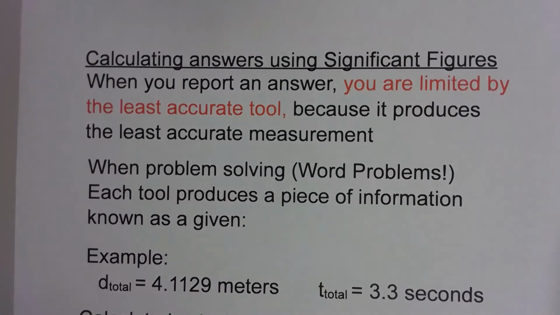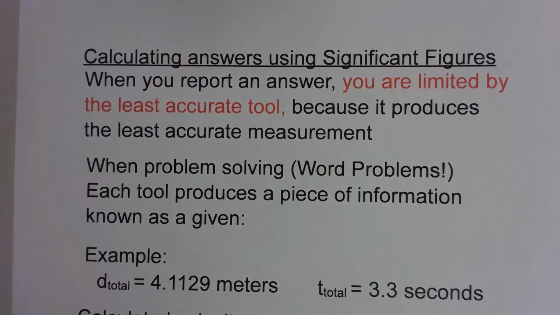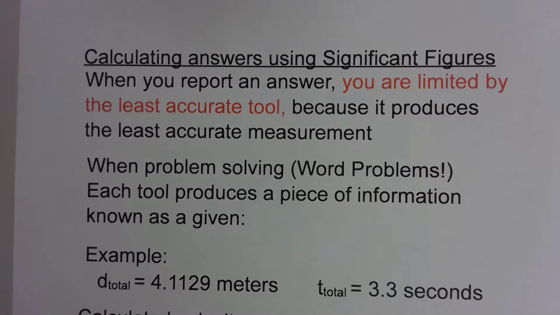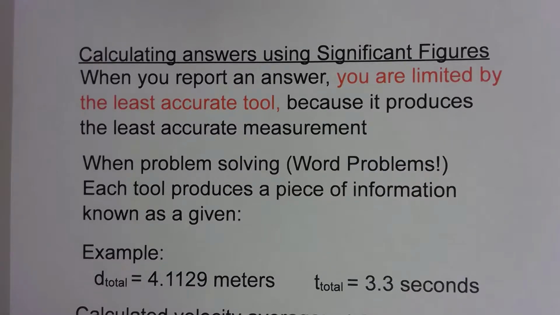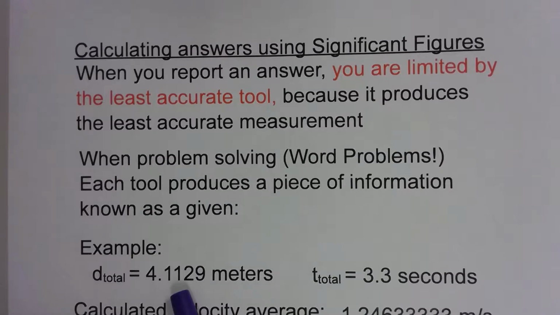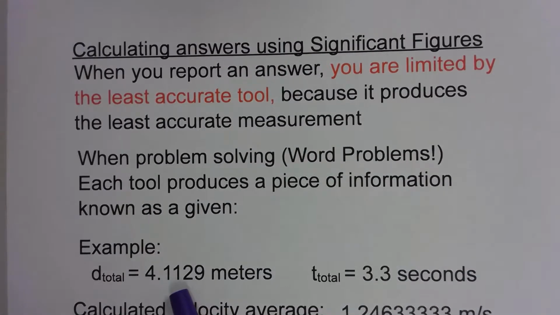The second slide of the notes talks about what to do when we are calculating using significant figures. So, oftentimes in physics, we will measure 2 or 3 things and use those measurements to calculate something else. So here's a simple one. If we make a measurement very accurately, we'd have to have very good measuring tape, use good procedure, and we measured that something moved